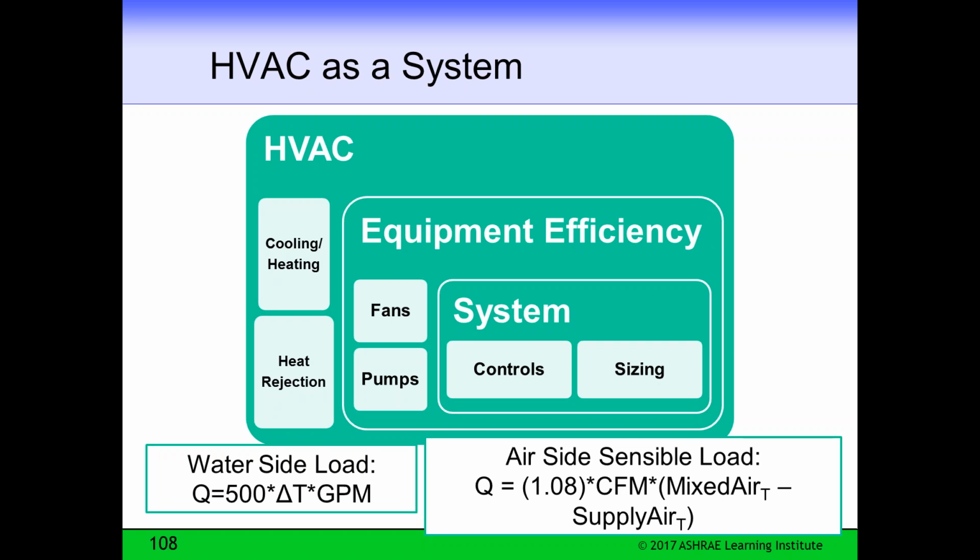Now, once we get our equipment as efficient as we can, then we start working on how they operate. So we next look at the fans and the pumps. We've written many rules on how to reduce fan energy or how to control fans, and also pumps, because those are the distribution systems, and the second biggest user of power in the HVAC system, the distribution of the fans and the pumps.